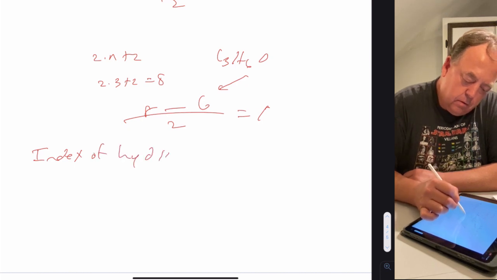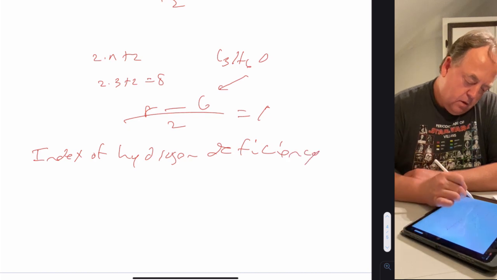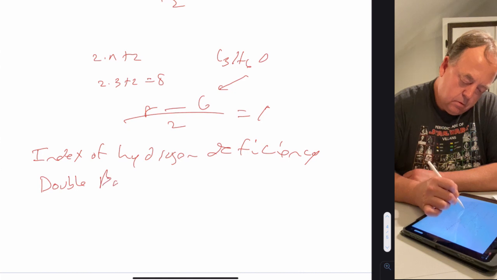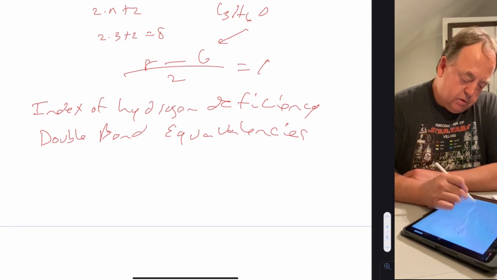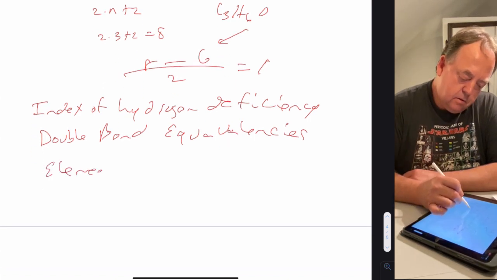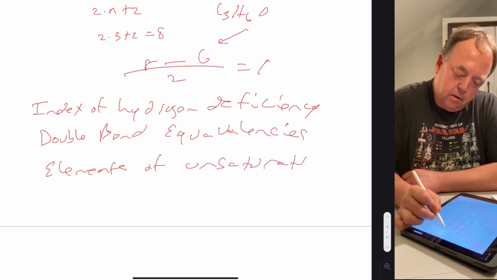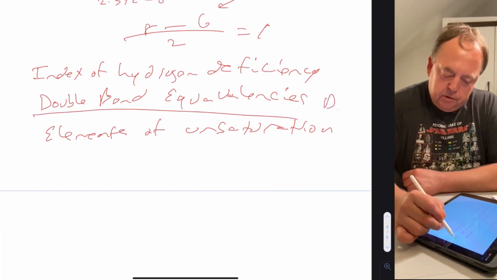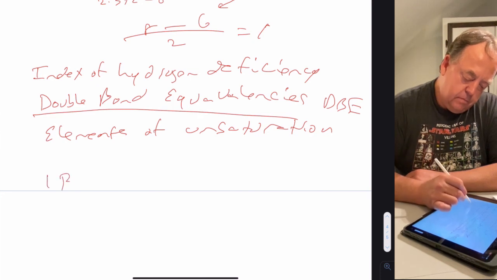So this is what's called index of hydrogen deficiency, or sometimes called double bond equivalency, or sometimes called elements of unsaturation. So I usually use double bond equivalency when I talk about this. They're all the same. So 1 DBE,